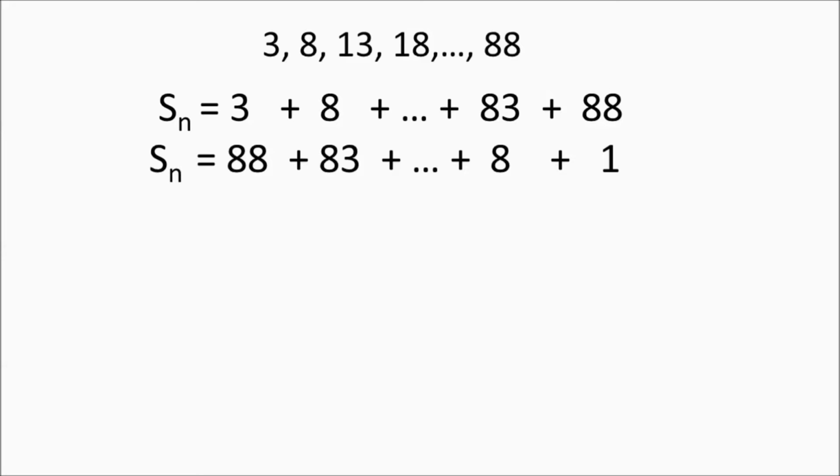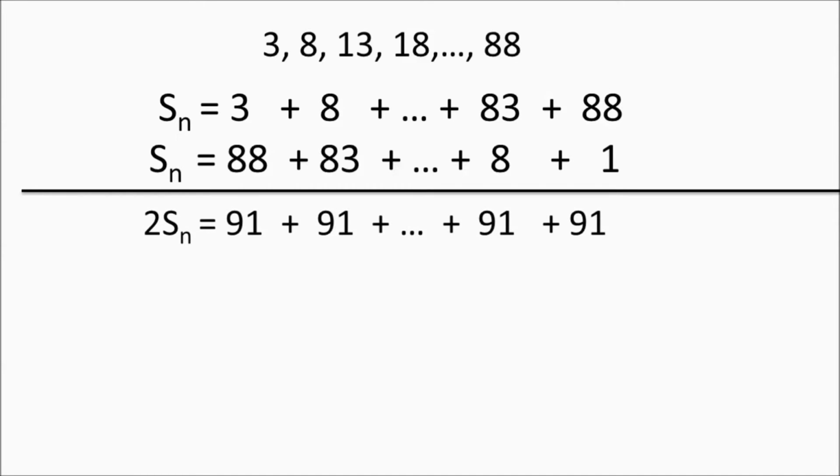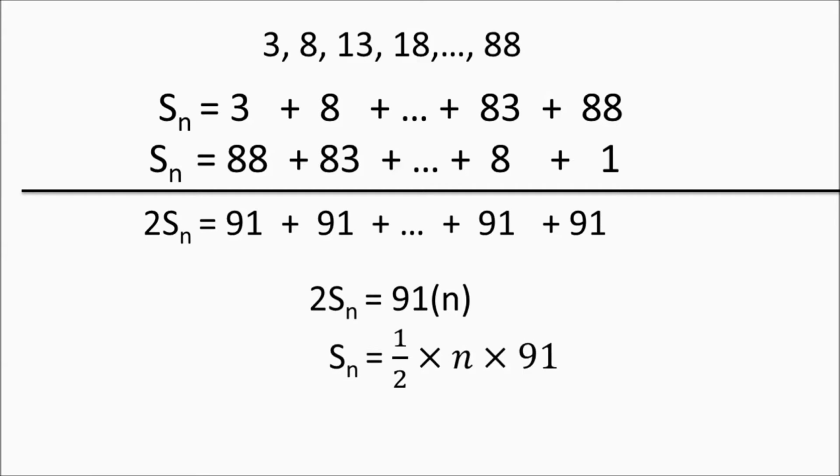Let us add these two arithmetic progressions vertically. We get 2 times Sn equals, and the sum of each vertical pair on the right hand side is 91, which is again amazing. So 2 times Sn equals n times 91, where n is the number of terms in the given sequence. Hence Sn equals n by 2 times 91,